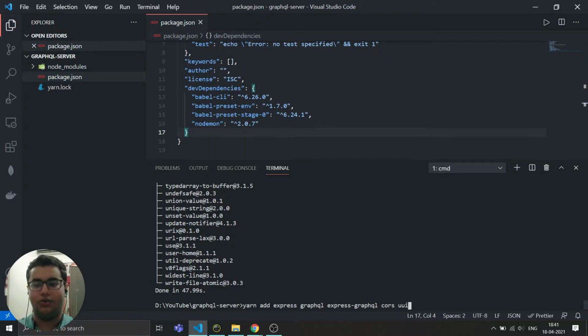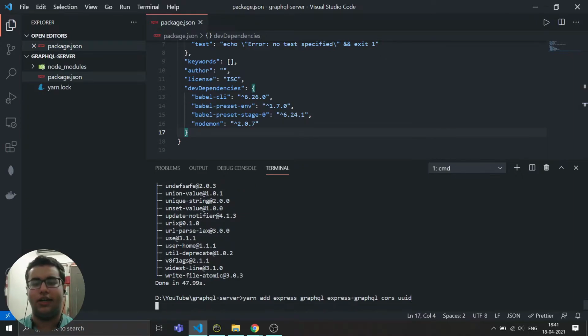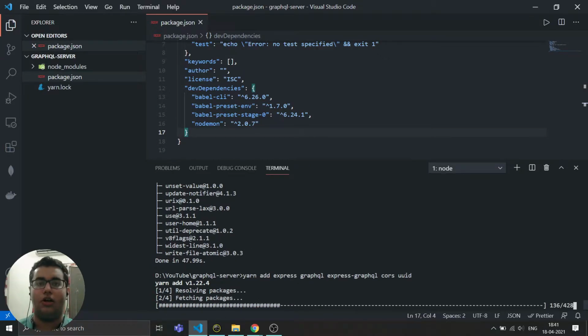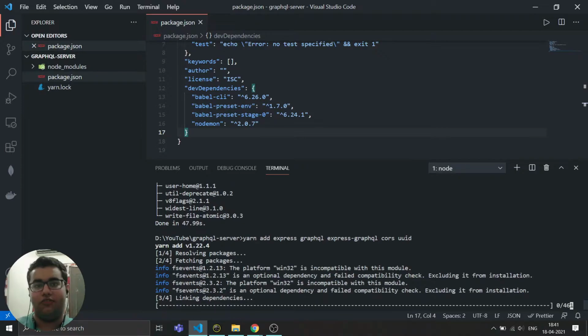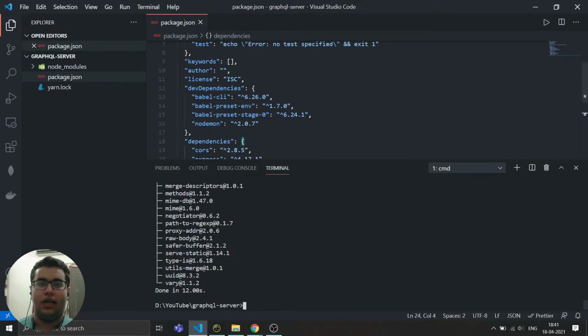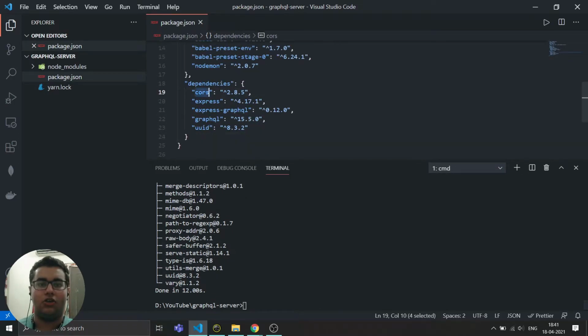And UUID, you can use nano id, but I am using UUID. This will go into the main dependency, so we don't need the -dev flag in this case. This won't take much time, and it is installed: CORS, express GraphQL and UUID.